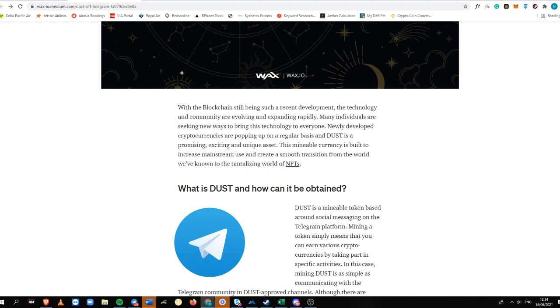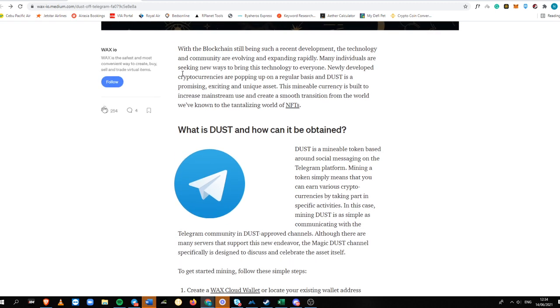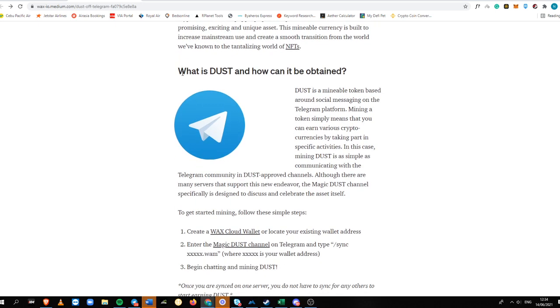It is a mineable token based around social messaging on the Telegram platform. Mining a token simply means that you can earn various cryptocurrencies by taking part in specific activities. In this case, mining DAS is as simple as communicating with the Telegram community in DAS approved channels. Although there are many servers that support this new endeavor, the Magic Dust channel specifically is designed to discuss and